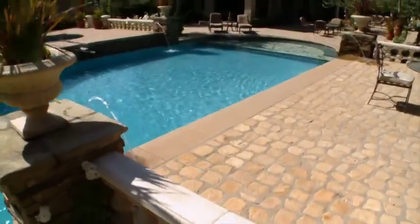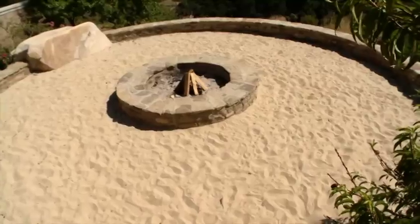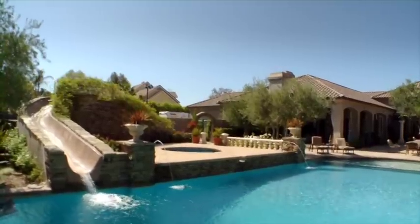The amazing backyard has just about every feature you can imagine. A full-size kitchen, a fire pit, a pool with a slide, and an incredible